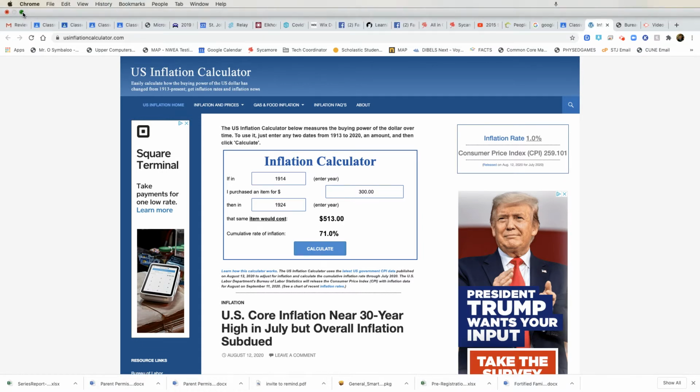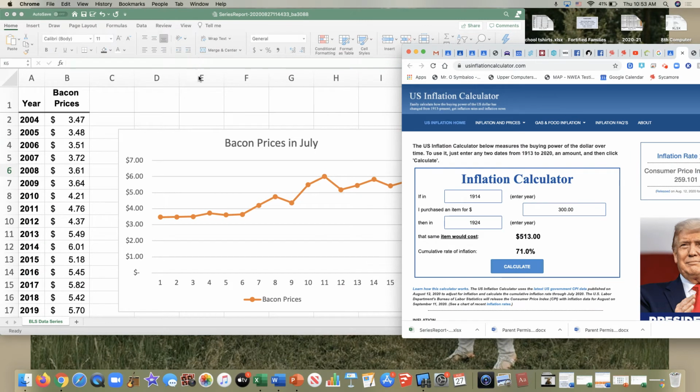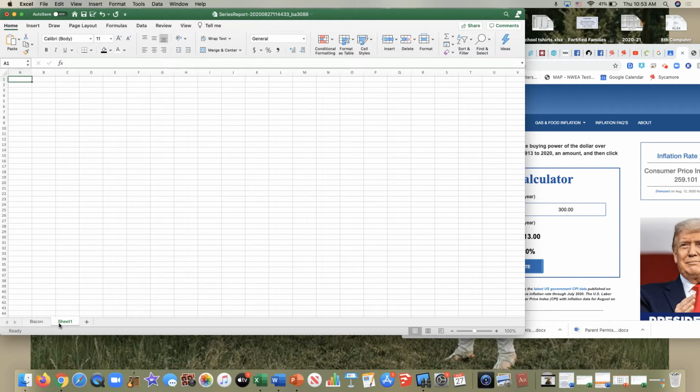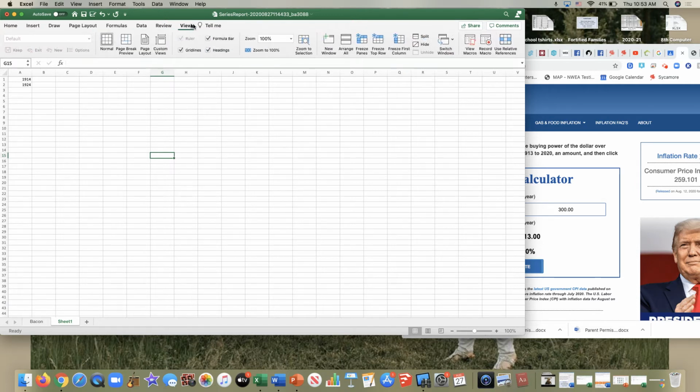So here's what I'm going to do. I'm going to click the little green button in the top left corner, and I'm going to open up a new tab. This is my bacon price. We'll type in bacon. And there's a little plus button down here in the bottom. If I click the plus, I'm going to get a new sheet. And so I'm going to put the year, start out in 1914, and then 1924. And I'm going to zoom in so you can actually see what I'm doing. View, zoom,